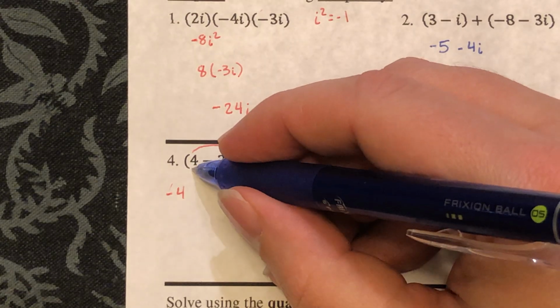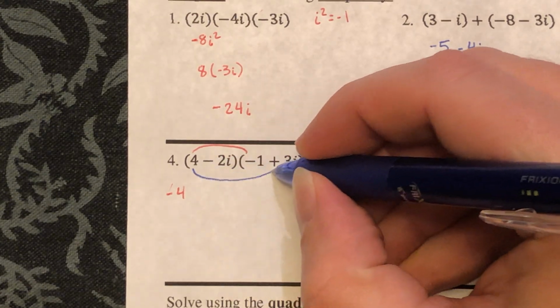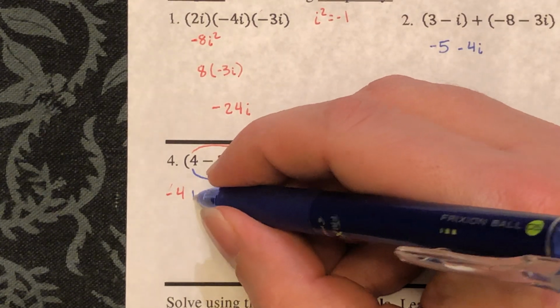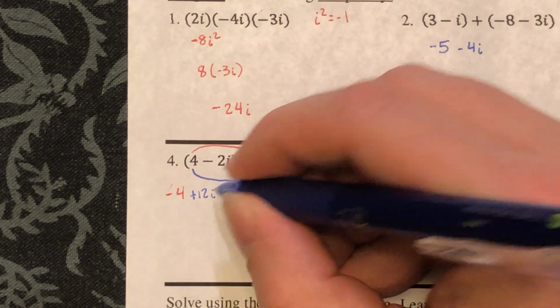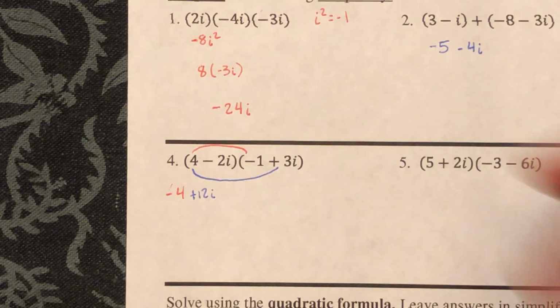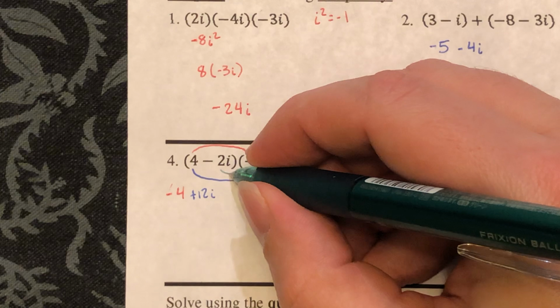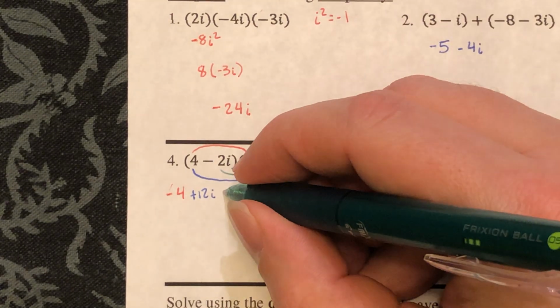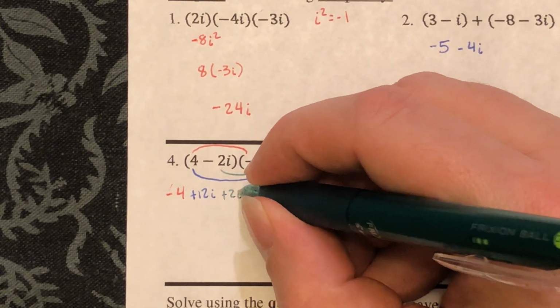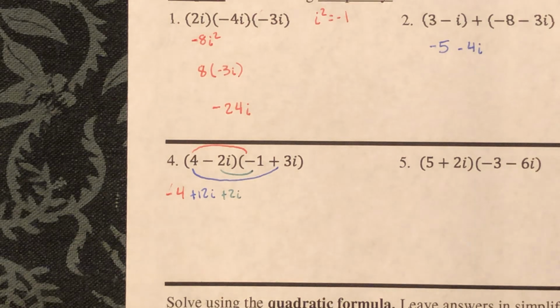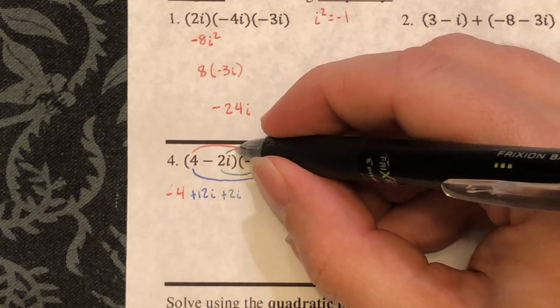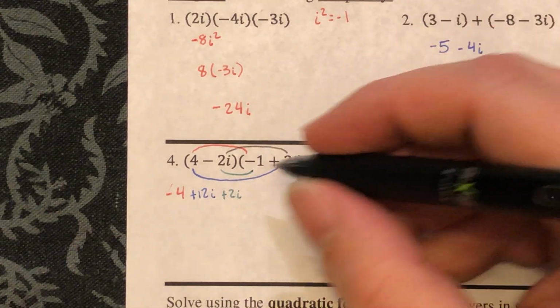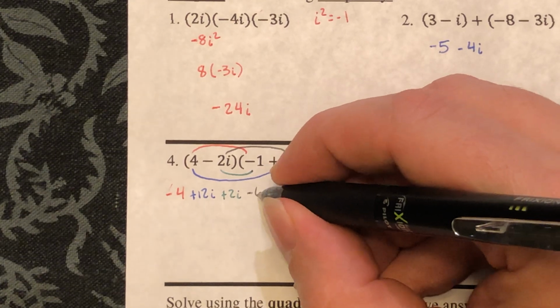Then I have 4 times 3i, which is going to give me 12i. Then I've got negative 2i times negative 1, which gives me plus 2i. And I have negative 2i times 3i, which gives me negative 6i